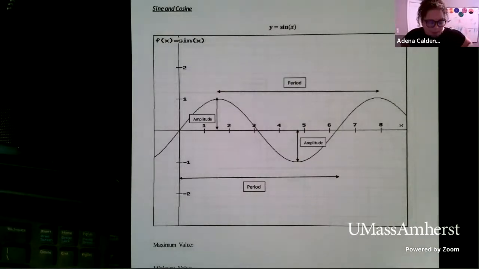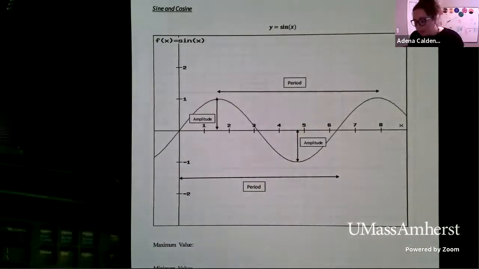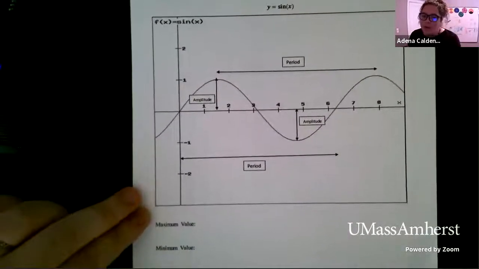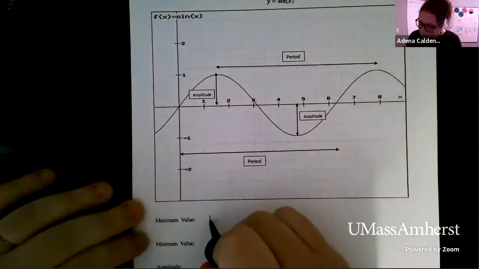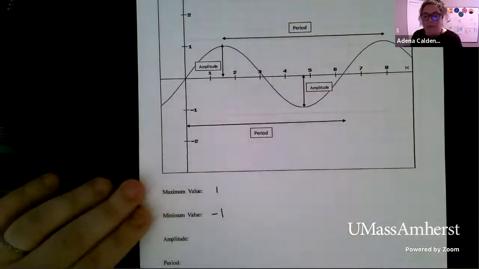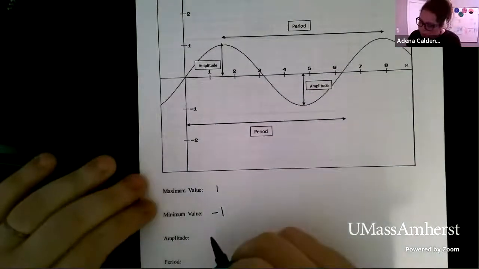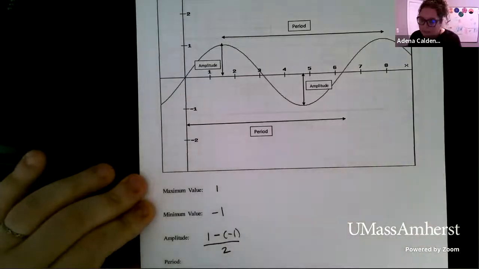So in terms of sine, the way that it is done at its most basic value is that our amplitude is going to be the maximum minus the minimum divided by 2, but you probably already know what it is just from having done sine and cosine before. So the maximum value of sine is 1. The minimum value of sine is -1, right? So sine always varies between 1 and -1, which means our amplitude is 1 minus -1 divided by 2.